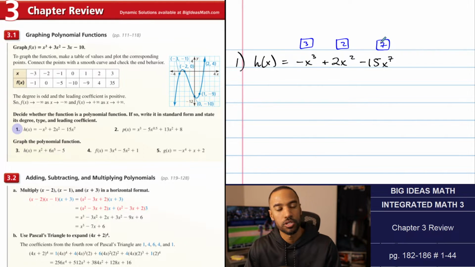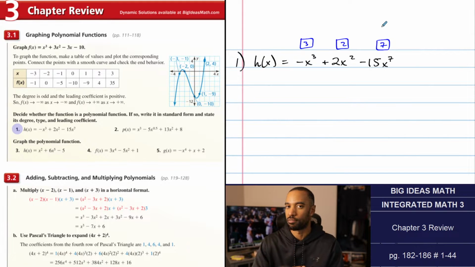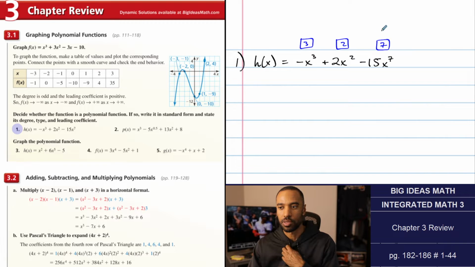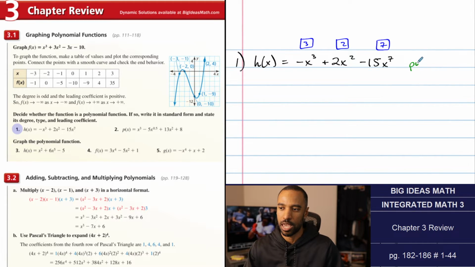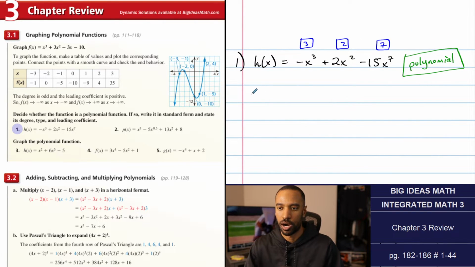Now, I want to make sure you understand a whole number is every integer, positive, and 0. Negative whole numbers don't count as whole numbers, right? -2 is an integer, but it's not a whole number, so that wouldn't qualify. Obviously, fractions aren't whole numbers as well. Anyway, these are all whole numbers. This does indeed make this a polynomial. So because it's a polynomial, we'll proceed forward addressing the other things that they asked us, which are rewrite this